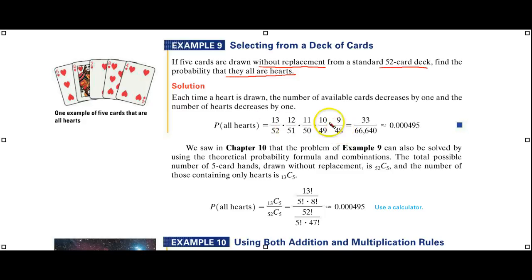And since you're using your calculator, there are places where you can cross-cancel a little bit, but eventually they ended up with this, which is this. Quite a small number. Now they're also indicating here that throughout, other formulas may have been able to be used when you're doing this. You could have solved it as a result of